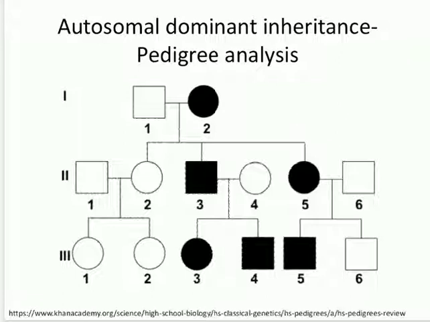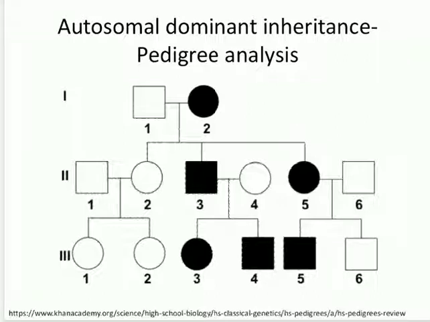Okay, so you can see that in second generation there is an affected male and affected female, and this affected male and female, they are having an affected parent. In the third generation, the affected people, they are having affected parents. So affected person has an affected parent. Then the second thing is the affected person, they have normal offsprings and abnormal offsprings in equal proportion. That means there are 50% of normal kids and 50% of abnormal kids.